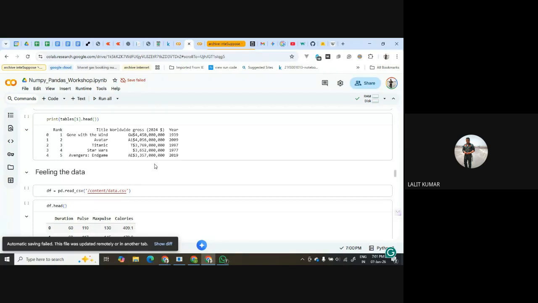Tomorrow we will touch upon the use of pandas in data science and machine learning. What features of pandas do we use in machine learning? We will go step by step: loading the data we have learned, then how we detect the NA values, how we fill them, how we drop rows, how to detect outliers, how to do correlation. Pandas also has basic visualization tools. All those data science topics and tasks we will cover tomorrow. Tomorrow will be a slightly long session, so be ready.